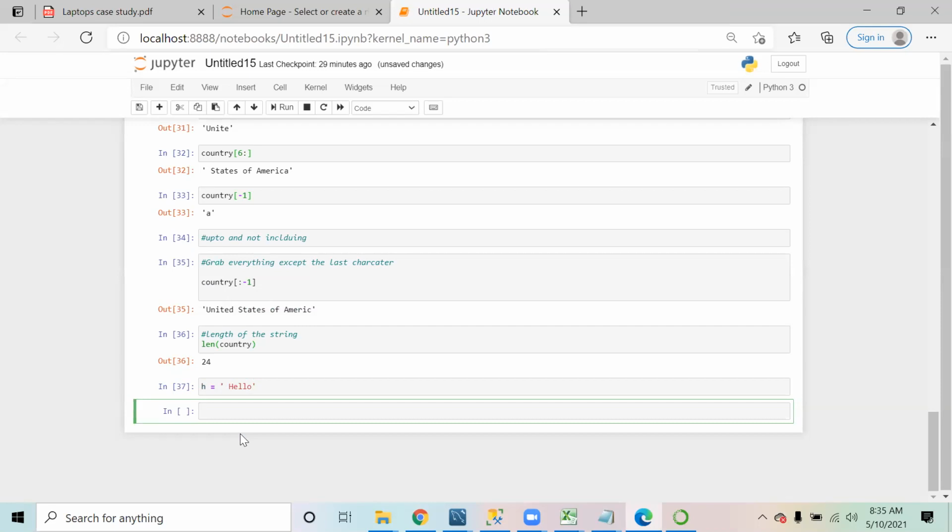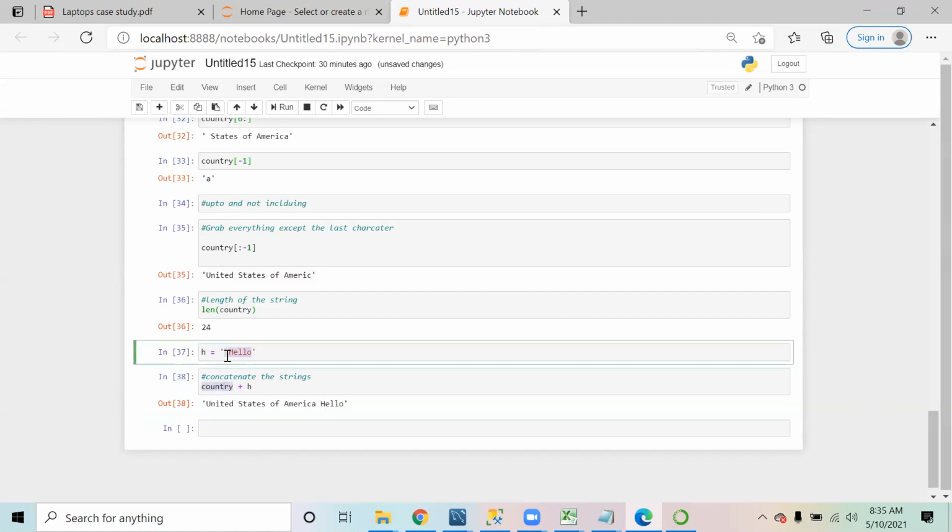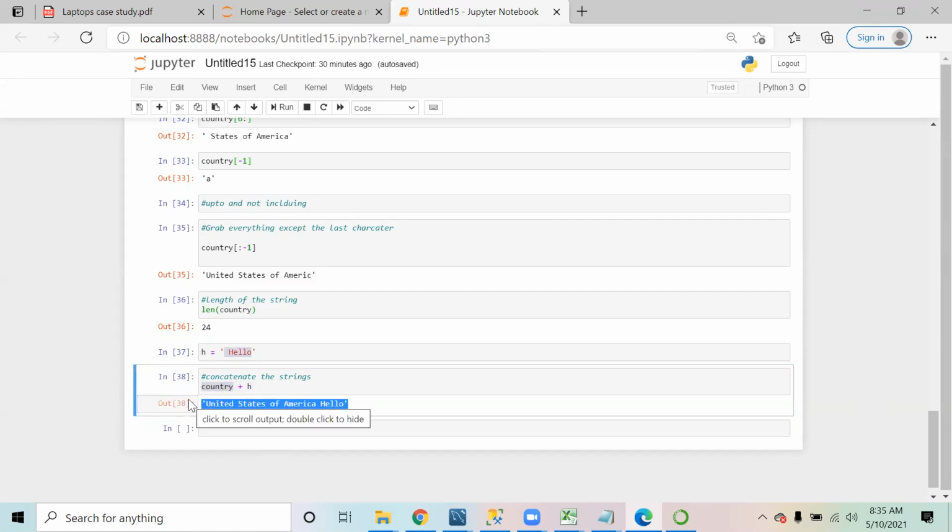If you have to concatenate the strings, what you can do in that case is simply write country plus h. When you write the plus symbol between two string values, it is just going to concatenate them. United States of America, and this was hello with a space. So it combines these two variables together and you get the complete output over here.